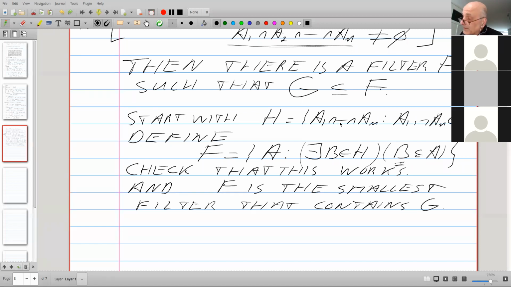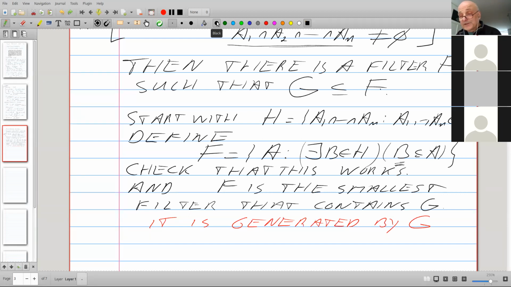And again, by definition, it should contain F, and there you have it. F is the smallest filter that does it. And we will say that the filter is generated by this family.